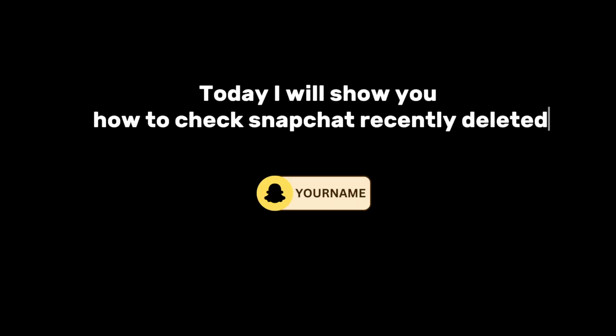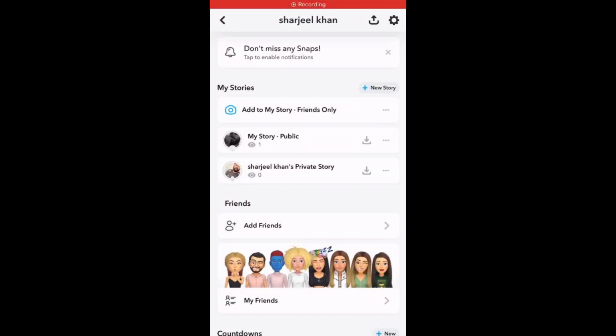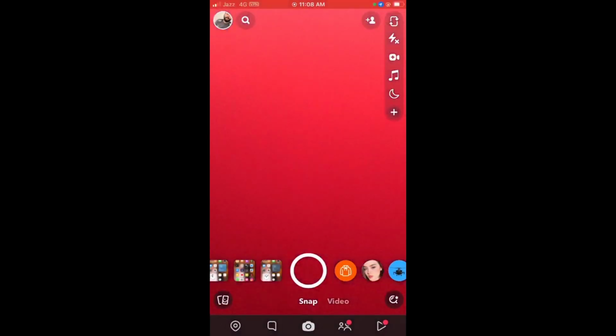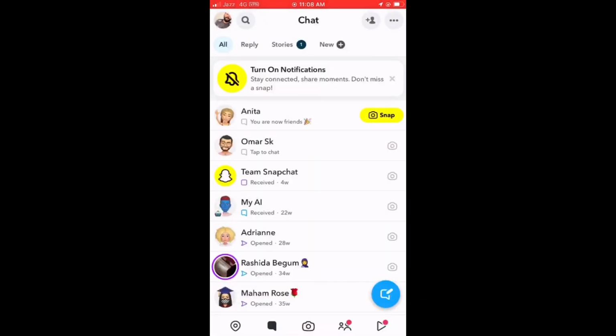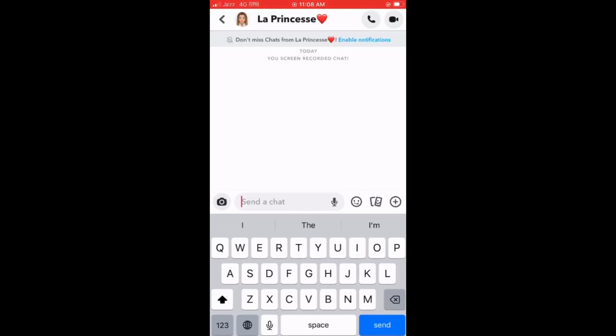Today I will show you how to check Snapchat recently deleted. So here you will open the Snapchat app on this iOS device, and from here you will just move to the inbox section. So here you will just open any random chat, so you will see there is recently deleted